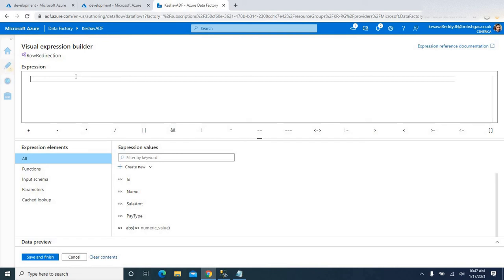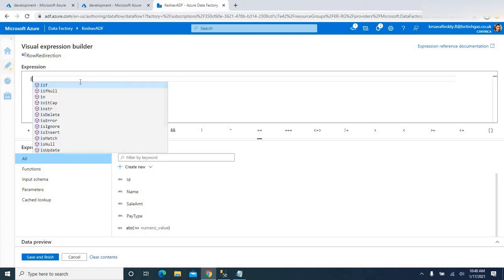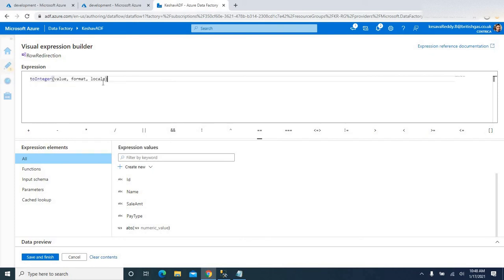First, I'll try to convert the incoming value into integer. If that value cannot be converted, it will be written as null. If the value is null, I want to redirect that row as an error row. For that, I'm going to say toInteger, I'm trying to convert the ID to integer.